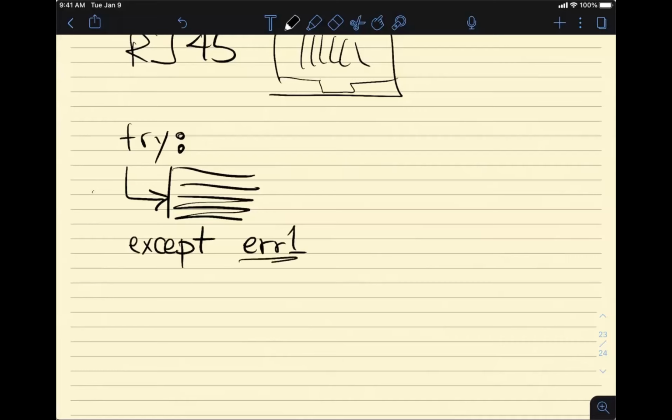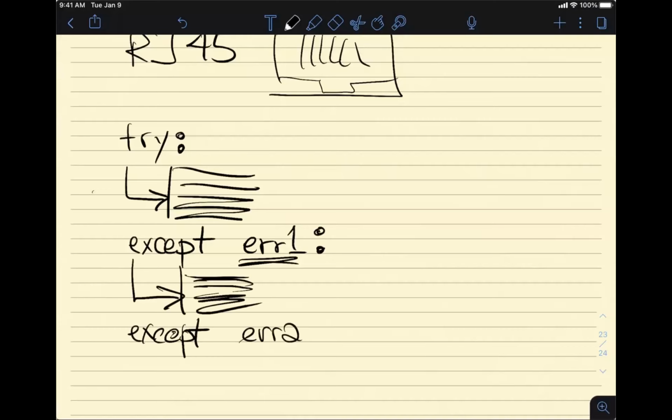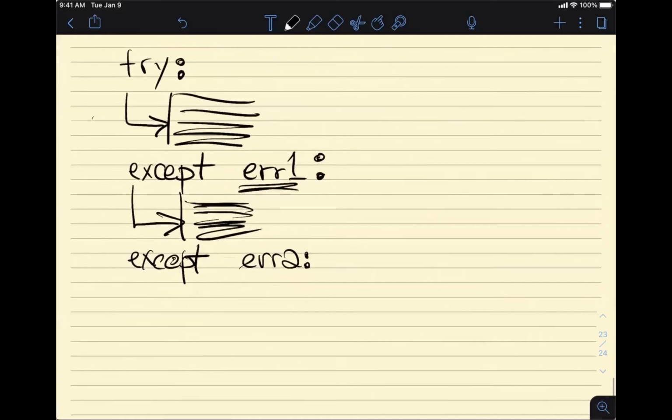So substitute for error one the error you're trying to catch, and colon, and notice that is indented. And then you could have more than one. So substitute your favorite error for error two. Notice the indentation.